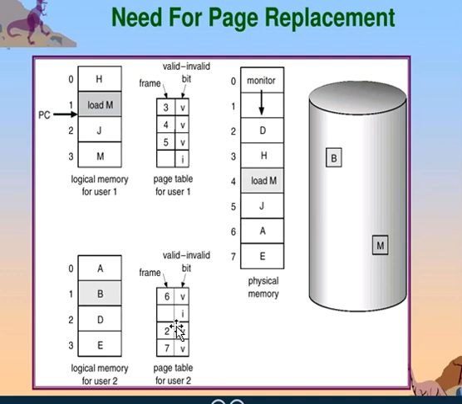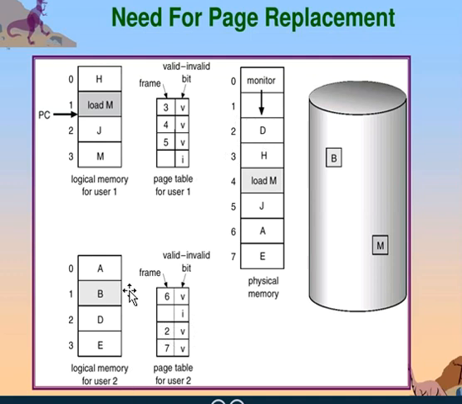Now moving to the page table for user 2. Again 0, 1, 2, 3. Just to keep these page numbers beside that page table. So 0 is representing what? A. A is valid, which we have to keep inside what? Sixth frame. Now 1 is representing what? B. But that is what? Invalid, we can't keep it. Next 2. Here 0, 1, 2. So page number 2 is kept inside frame number 2, that is a valid one. So here 2 is representing what? D, that we kept inside frame number 2, that is a valid one.